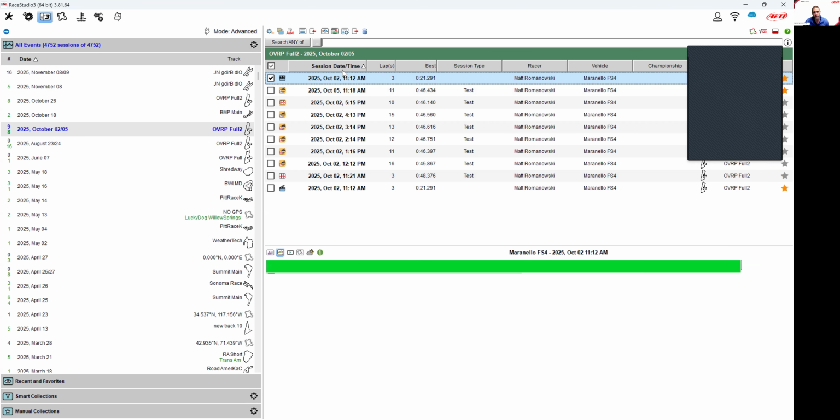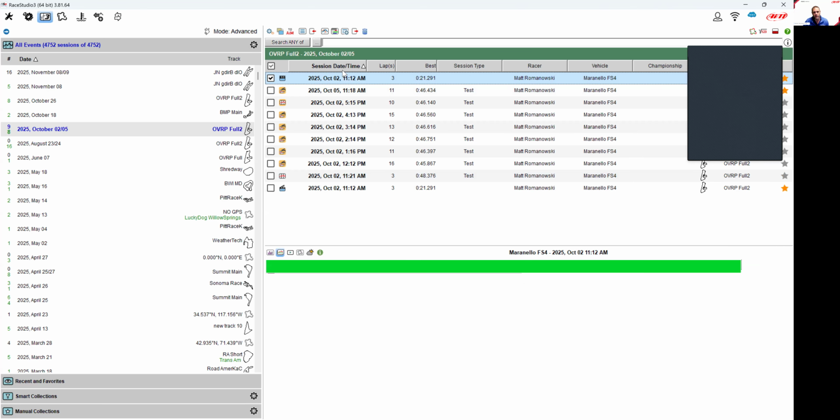So remember, as you're doing it, you can go through and do those. You can also see I favorited some of the sessions because they were good or bad. But if we hop back in the data and go for that full overview, here's my fast lap from each session. I pulled this up with just the AIM default profile because I wanted to show how powerful it can be all by itself,